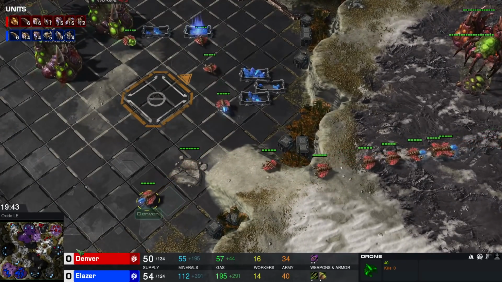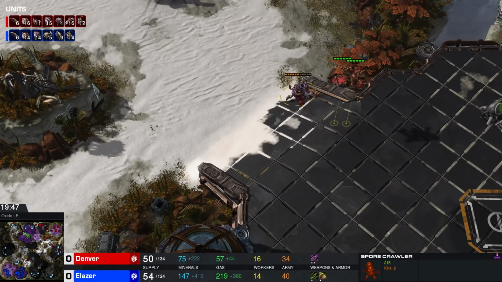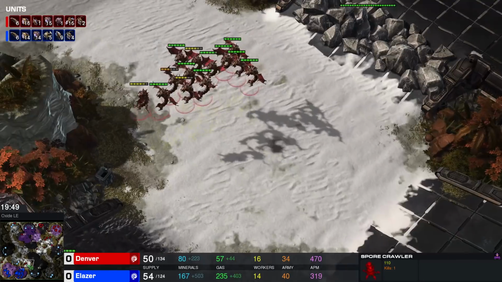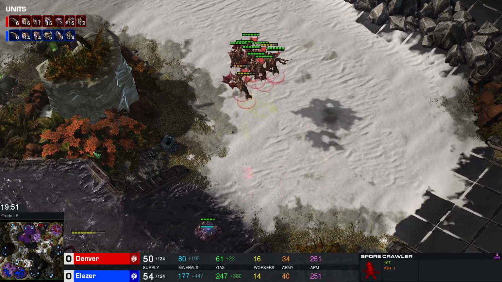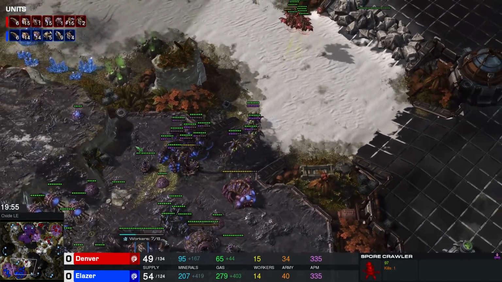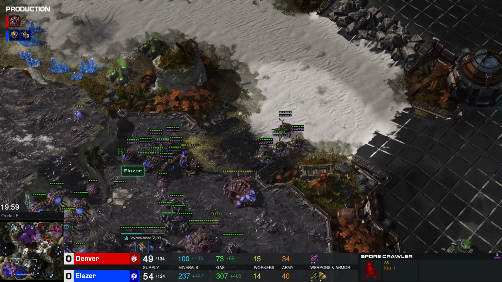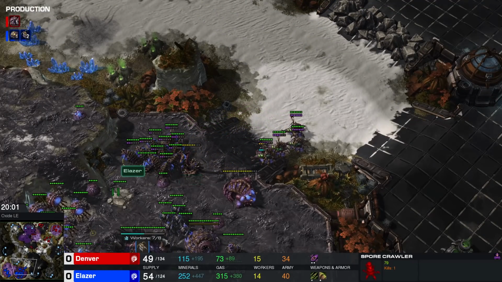Okay, he's gonna send out this worker. Build the hatch over there. This spore is gonna get taken down eventually. This spore will die as well. The creep tumor is gonna get taken out. It's actually kind of important to kill the creep tumors, isn't it? Infestor count is gonna keep growing. And I think Queen Infestor beats